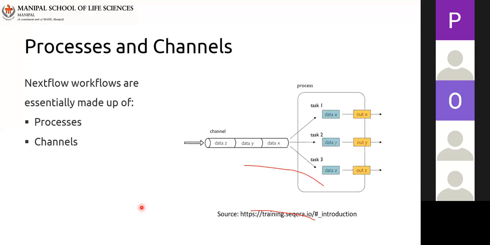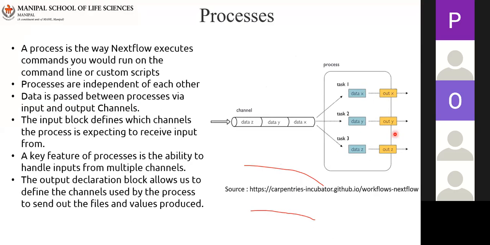I'm not going to spend much time on this aspect, but the whole Nextflow is built on this premise of processes and channels. Processes are nothing but these individual tasks where the entire pipeline is made by joining together different processes. And each of these processes can be written in any scripting language, could be, like I said, Bash, Ruby, Perl, etc. Now the processes are independent. For example,